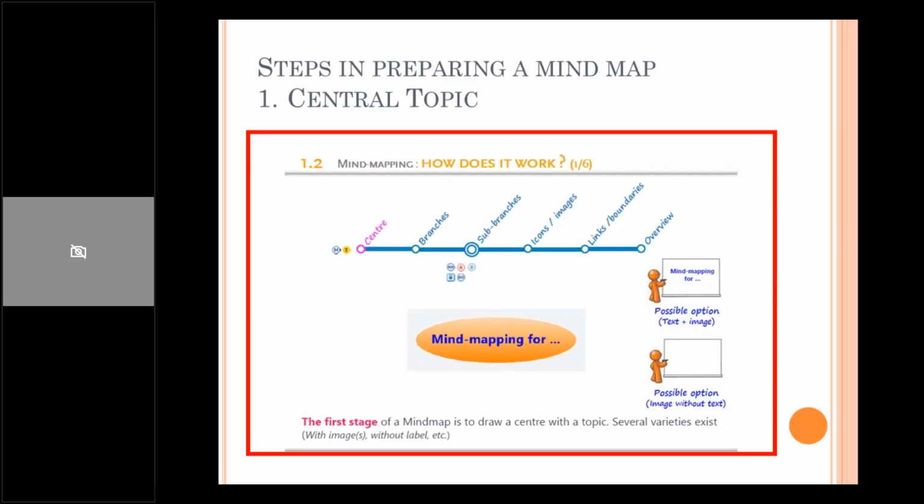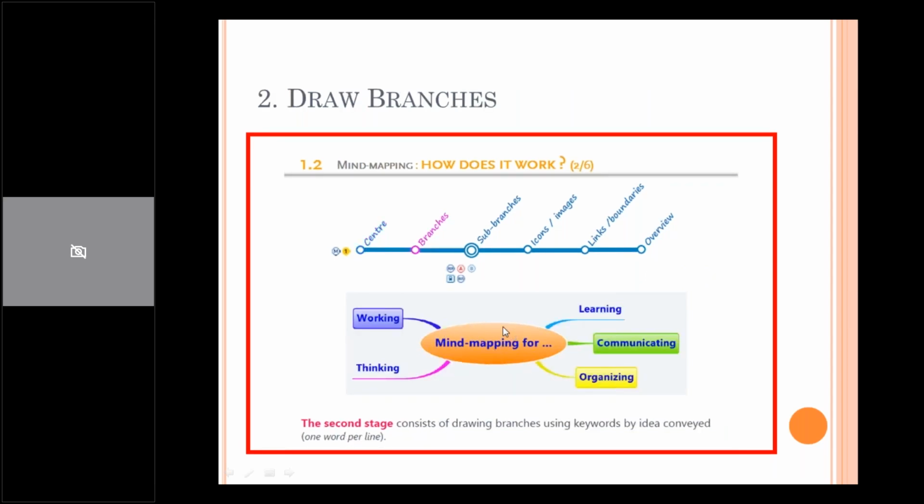Good. So basically, when you want to create a mind map, we have got 6 different steps. What is the first step? You have to decide upon the central topic. What is the topic on which you are going to discuss today? The major central theme. And secondly, once the central topic is ready, you need to find out branches, the major components which are associated with the central topic. You have to draw the branches.